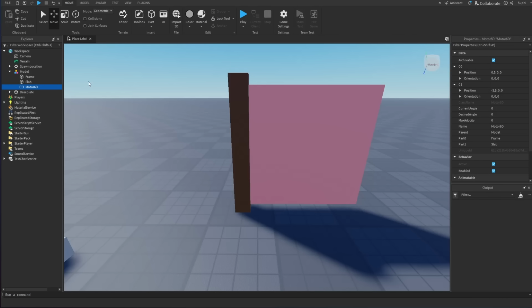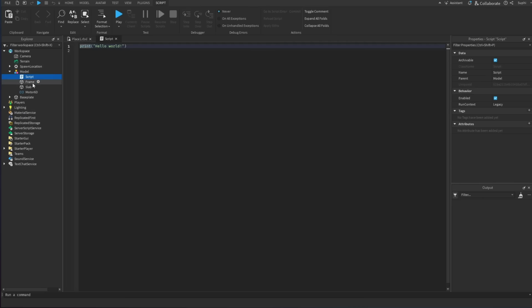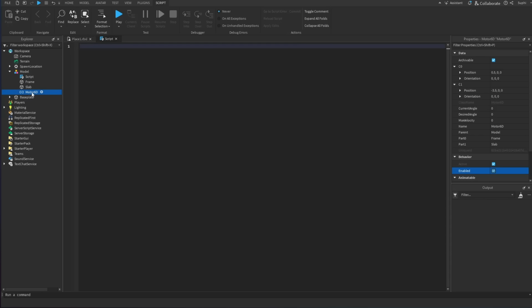Okay, so now that our door is set up correctly, let's create a script. And I want this script to run on the client side because I want the door to only open and close on the client side. I'm going to set the run context of this script to client. And now what I want to do is I want to set the Motor6D's transform so it just rotates. So to do this, I'm going to say